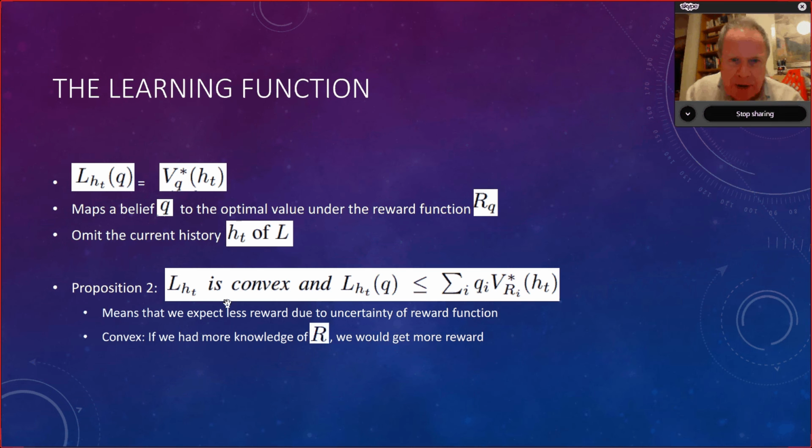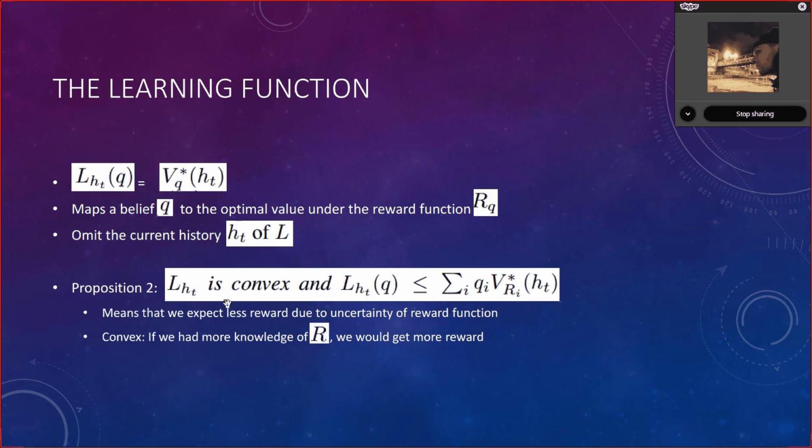No. Q is the belief that we had, like a 50% chance that hearts give points and 20% that spades. So you should think about Q not as a number from 0 to 1, but as a set of beliefs. Like you have 50% chance of spades and 20% chance of clubs or something like that.